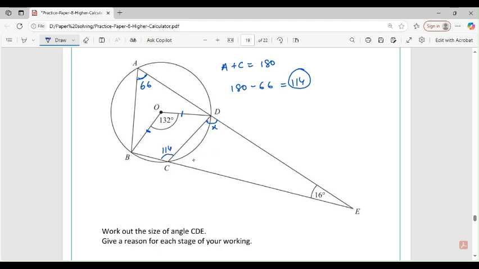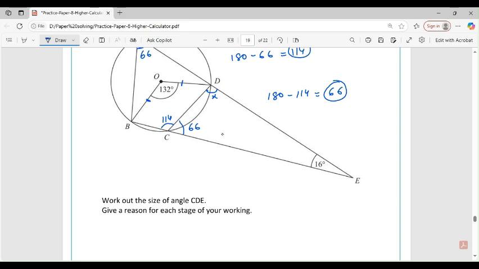Now once this angle is 114, we know very well that this angle we can find out easily. Angles on a straight line are always 180. So 180 minus 114 should give you 66. So this angle is 66, and